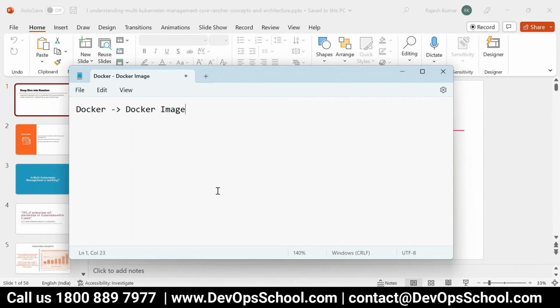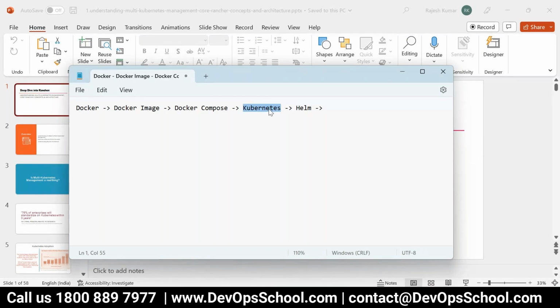Then you should know Docker Compose, and I'm assuming that you know that. The next is Kubernetes, and you know that. Next to Kubernetes, you should know Helm, and that also you know. And after that, you have to learn some tool which can help